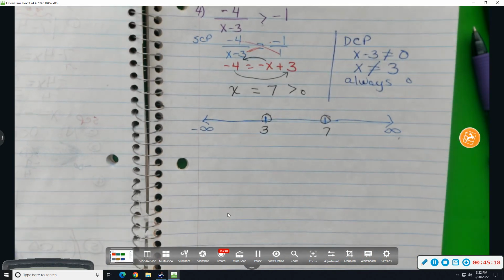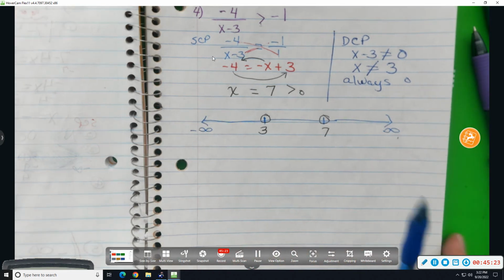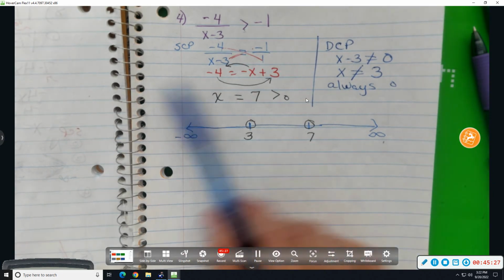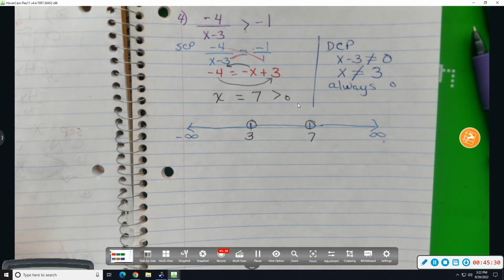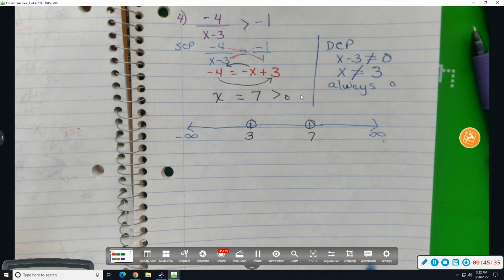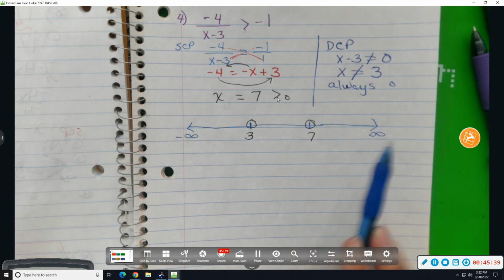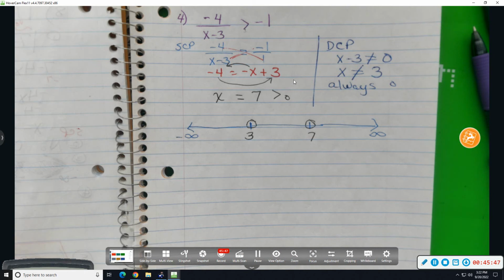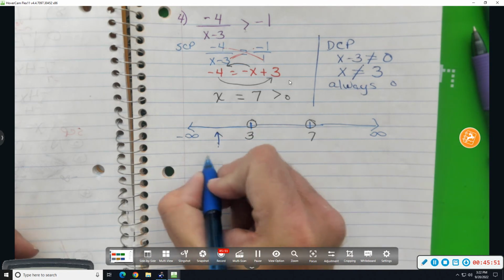And did we get any repeated factors or even multiplicities, even exponents up here? We didn't even factor anything. So all linear. If there's nothing factoring, then it's going to alternate. I'll test 0. Where does 0 lie? Between 7 and infinity? Between 3 and 7? Between negative infinity and 3? 0 is always between a negative and a positive. So I'm going to say test